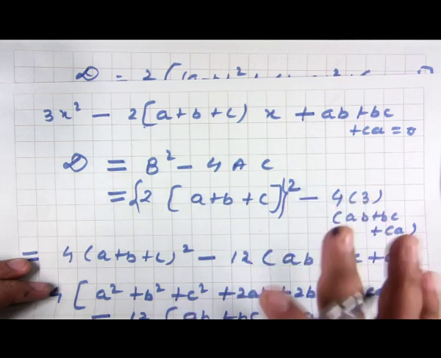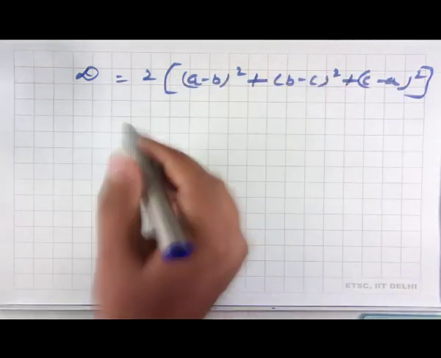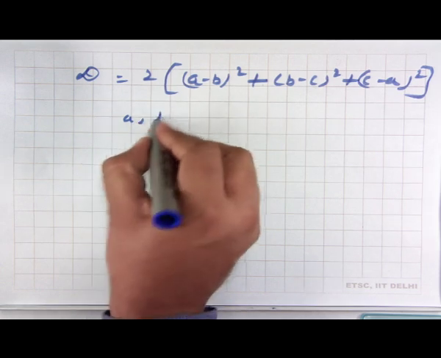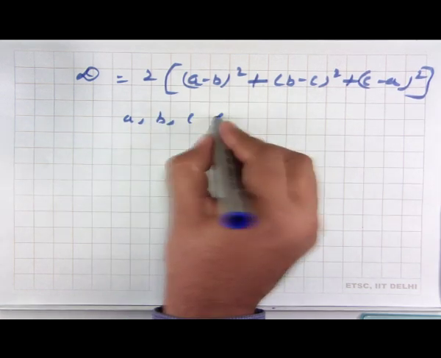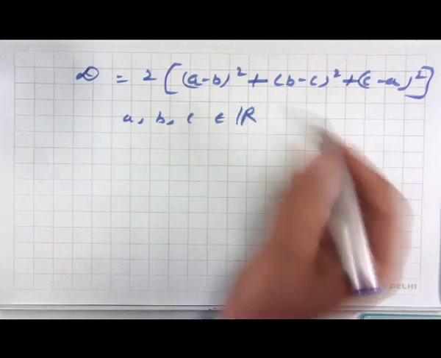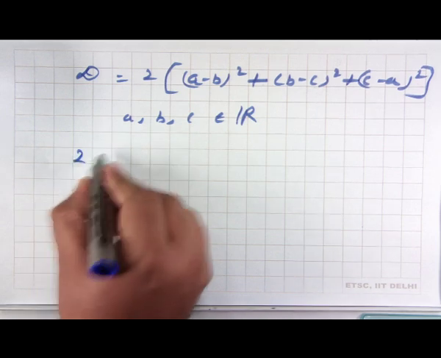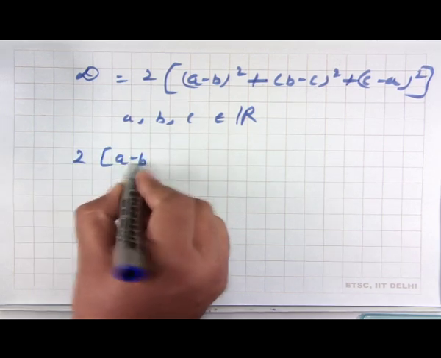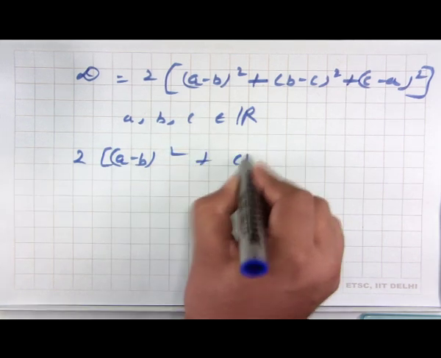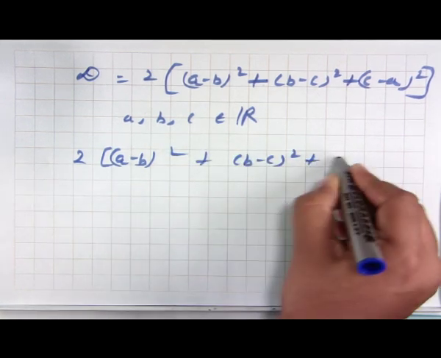So abc will be real. So for any value of abc which belongs to a real number R, this expression must be (a minus b) to the whole square and (b minus c) to the whole square plus (c minus a) to the whole square